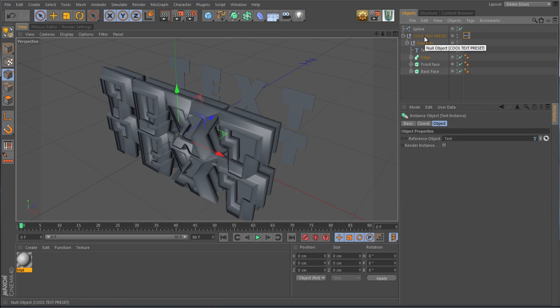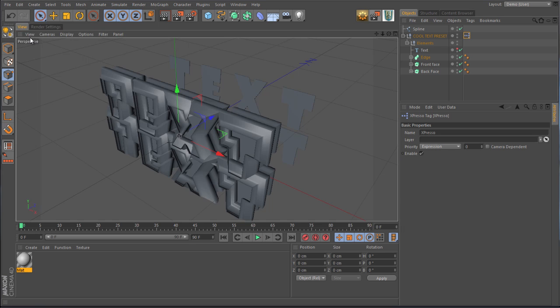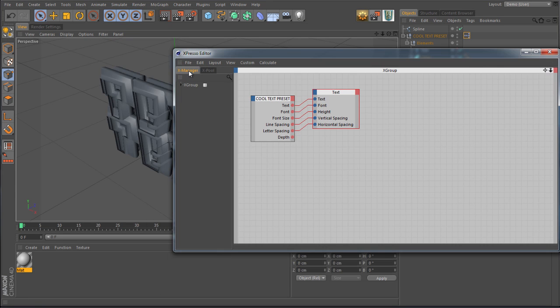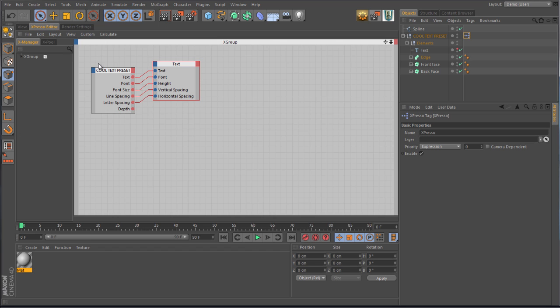Let's go back to our Espresso by double-clicking the tag here. I like to keep mine in a tab here. Okay. Now, if you want to place it in that area, you can drag these little grids to this grid, and that drops it in. Okay. So let's look at the